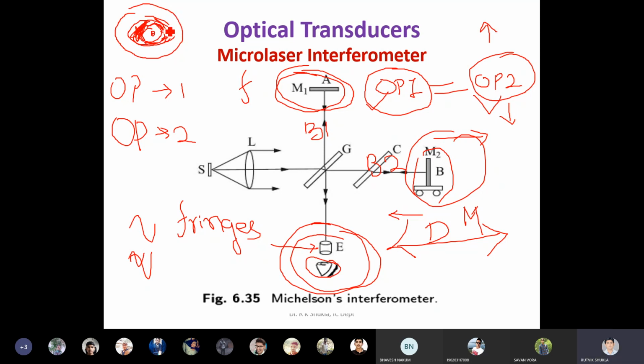Then what do they do? They mark a fixed line, a line of measurement. And from the fixed line, as they move the mirror M, they try to see how many times the bands pass. Whenever they change the mirror, these bands change their position. If a band was first here, it will appear to move from inside to outside. I'll show you a video which makes this entire thing clear in your mind.